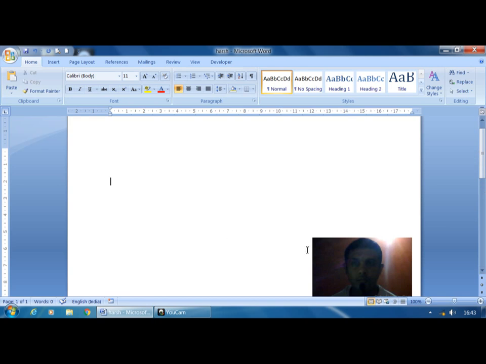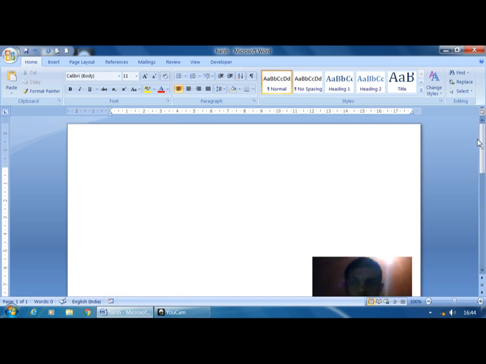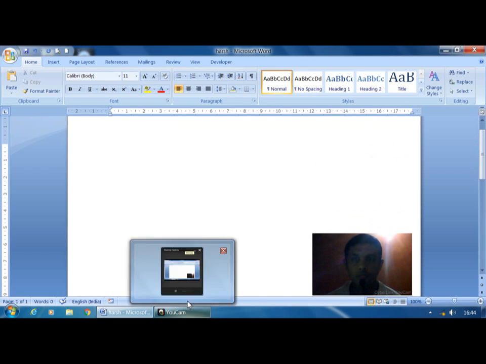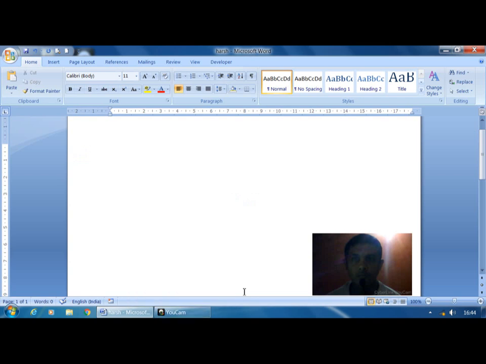And when I move the page to the second, third, fourth, or if I move the text to the right side, at that time here below the horizontal scroll bar will get active. So with the help of this ruler I can move the page top to bottom. And with the help of the vertical ruler I can move the page left to right.